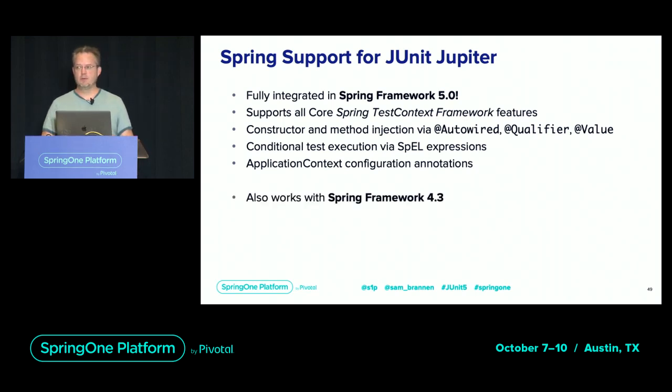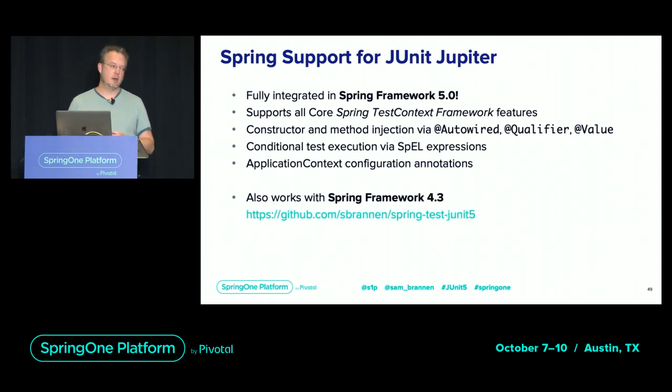Some people, hopefully, who's on Spring 4, 3? Anyone? Few people, 2 people? All right, so there are some people out there that for some reason in their projects can't migrate to Spring 5 or higher. Hopefully you're on Spring 5.2 now. But if you can't and you want to run new JUnit Jupiter tests with the Spring support, that does work with Spring Framework 4.3. If you go to my GitHub repo, actually the original support that I wrote for Spring, I wrote it against 4.3, and then I moved it all to 5.0. So this is not officially supported, but there are some people who use that out of necessity